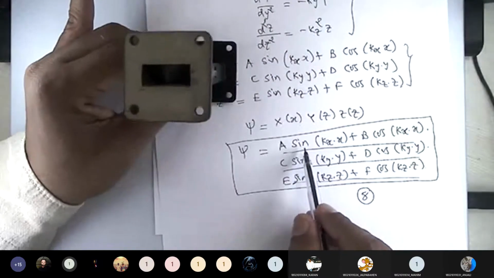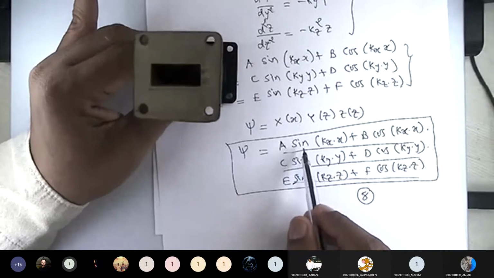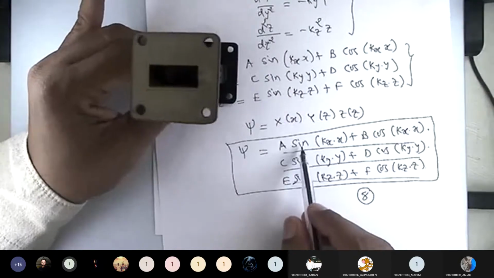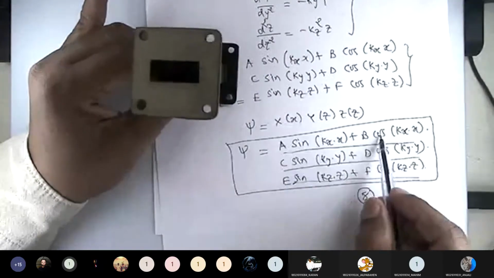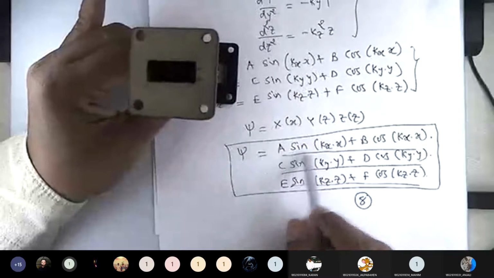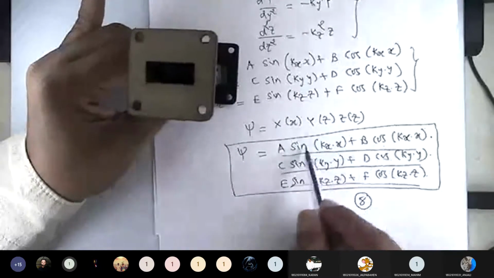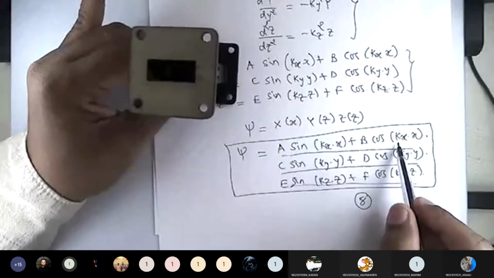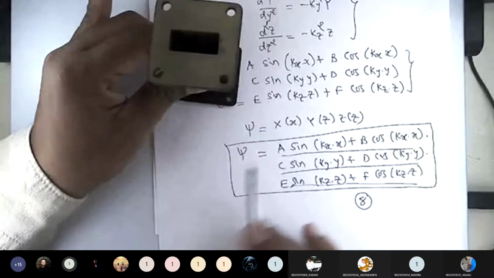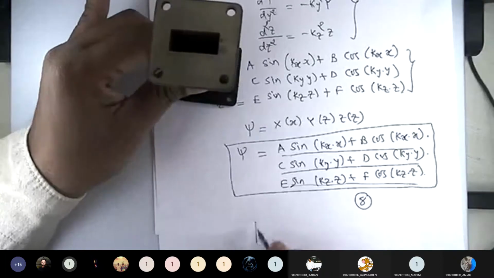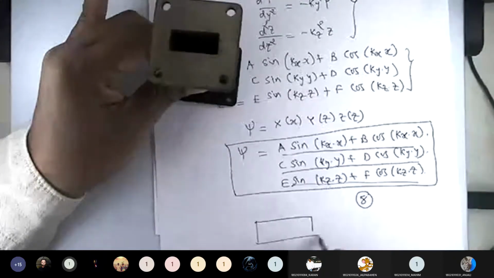So you can see that now you have sinusoidal variations, either in terms of sine or cosine. So the field will vary either as a sine function or as a cos function. So in that way I can say that here